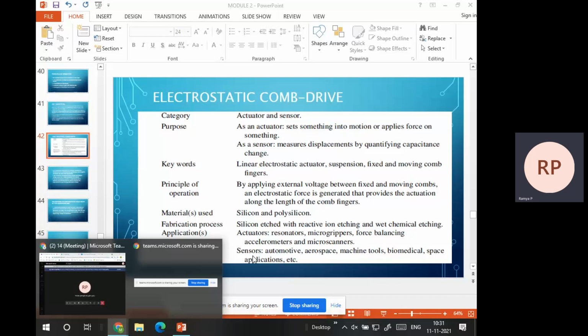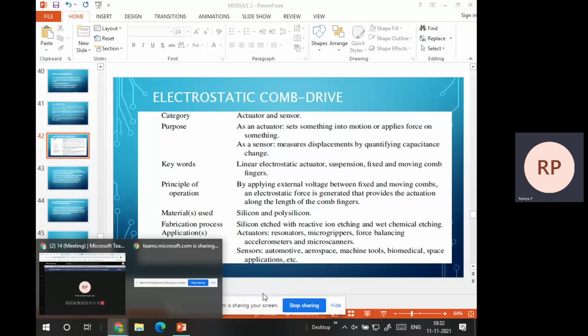We can program it and leave it, but when we go for normal devices, we can't program those devices. If I'm using a gear mechanism, I can't program that gear mechanism completely to be automated. I should use some different controller for that. But this drive, used as an actuator, gives me the motion by exerting some force on the object, either a mechanical, electrical or electromechanical force. And this same electrostatic comb drive can be used as a sensor also.